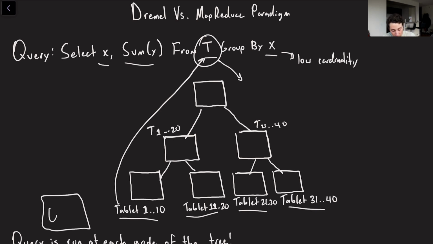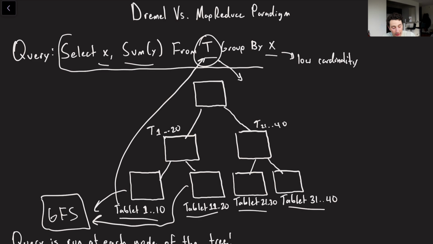The leaf nodes are going to read from GFS, or ideally even be co-located with them, hopefully in the same data center at least. And then once they get those back, they're actually running this query themselves locally on the leaf node, right? So they're doing this aggregation locally because ultimately this is going to be a cumulative operation. You can basically keep running it on all of the intermediate and leaf nodes and then get the proper answer on our root node.